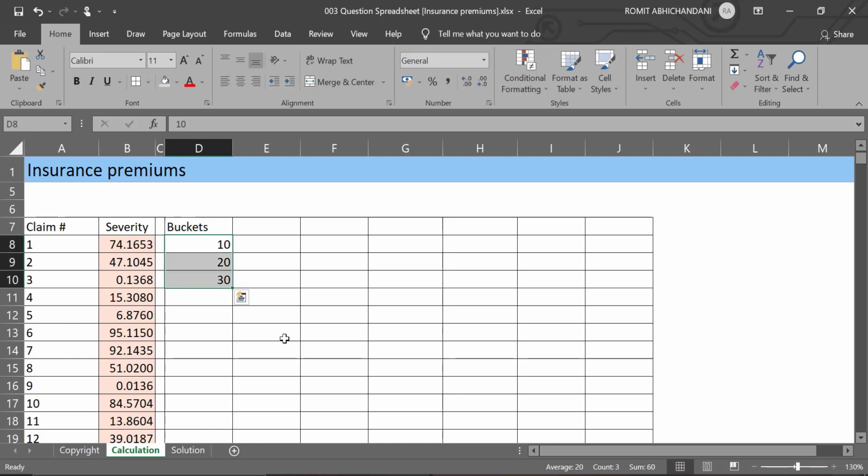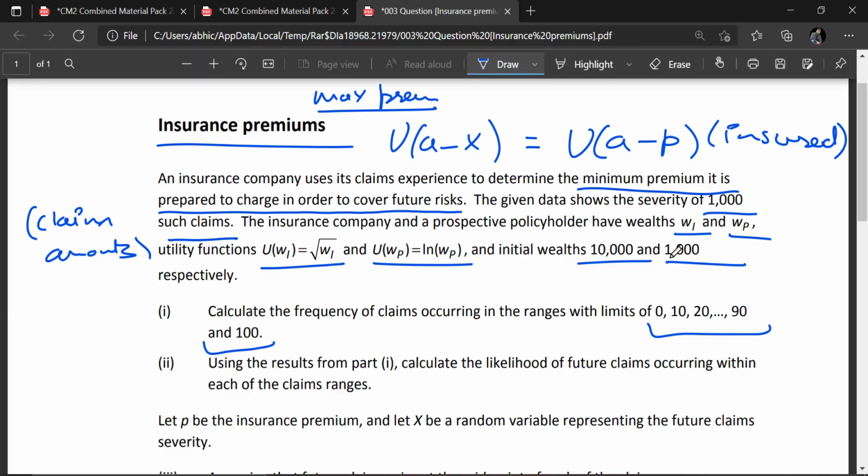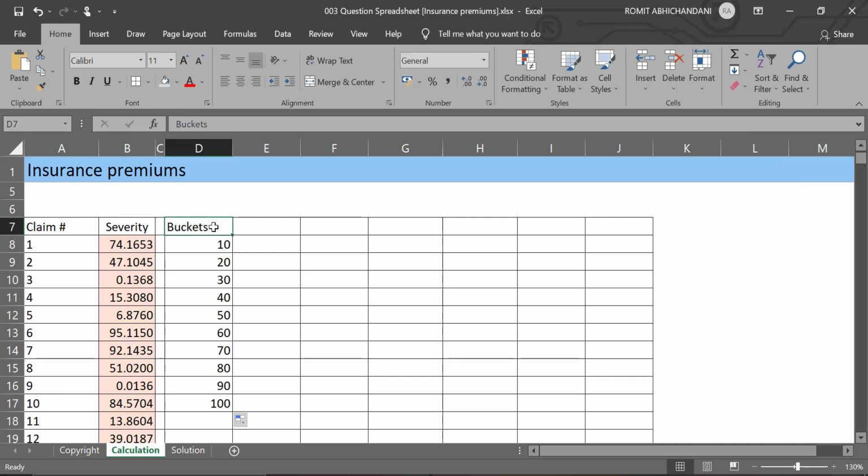So, how many such buckets exist? They will go all the way up till 100, right? So, let me drag this down till 100, right? And then once you have these buckets, basically buckets of claim amounts,